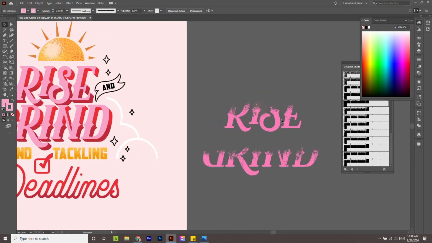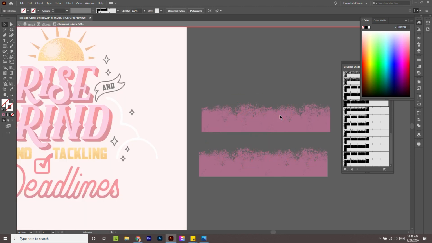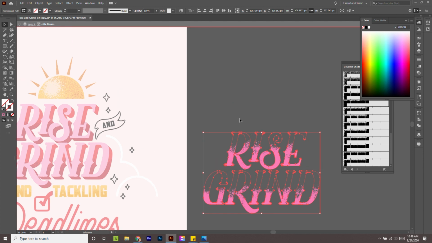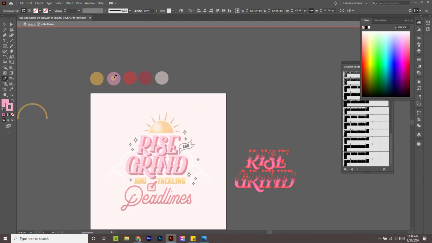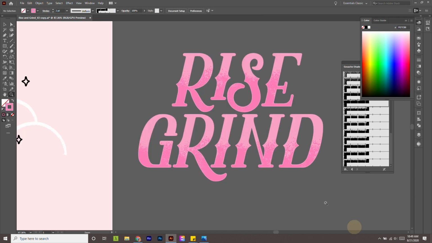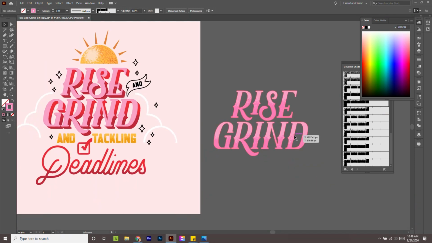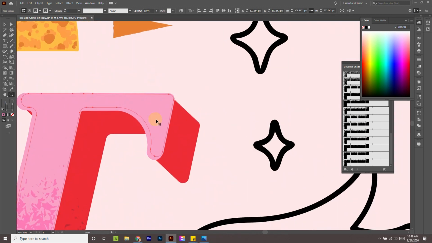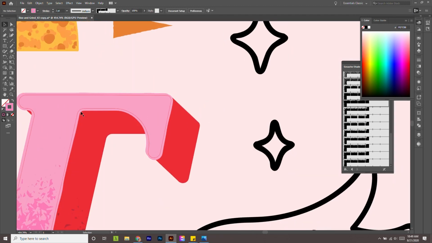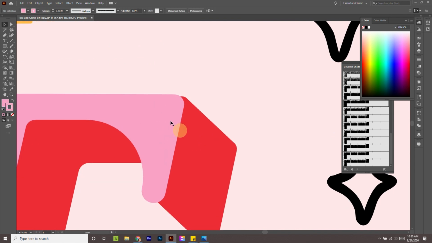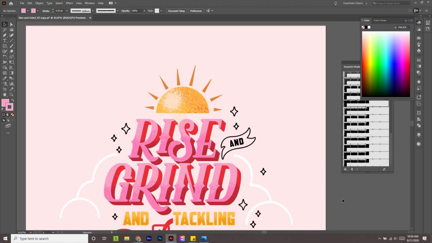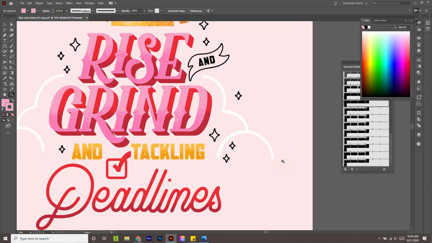So again, our color is missing. Just double click on the word, and then grab the eyedropper tool, eye, and then the pink. So now our texture is on the lettering, and then we can bring it over here and place it on top. And then we can remove that background, that one in the background, and then just place this one right on top, just like that. So now we have our texture added to rise and grind,